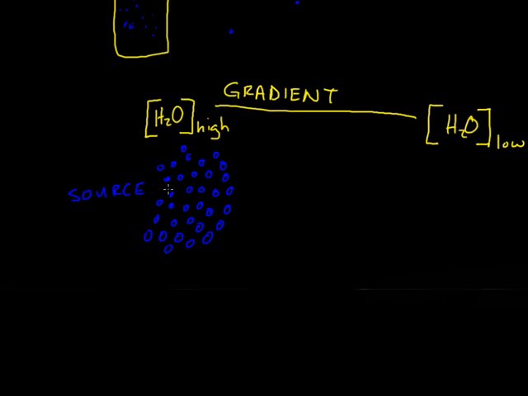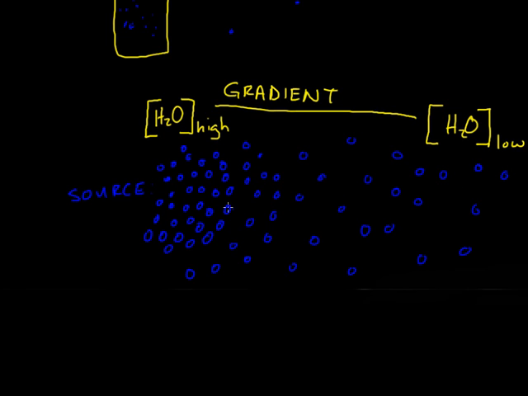Now, keep in mind all these molecules are moving around, and as they move around, they bump into each other, and they bump into each other randomly. And when two things crash into each other, they tend to move in a different direction. And so as they continue to bump into each other, some of these water molecules get bumped away from the original source. Okay? And they'll keep bumping into each other, and molecules, let's say, that are sharing this space as well. But the general